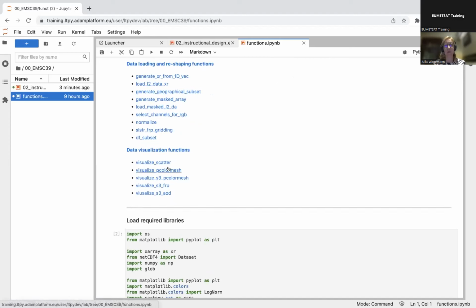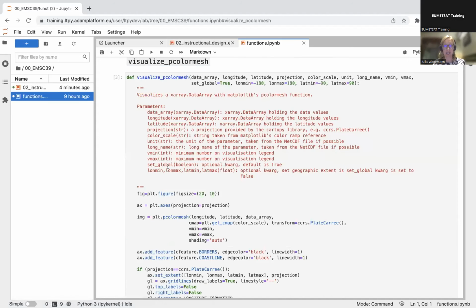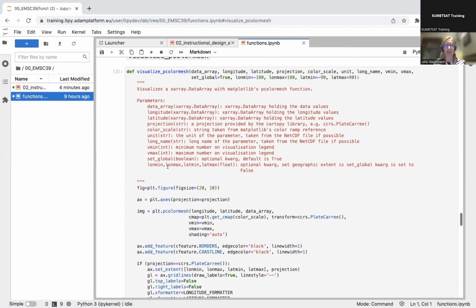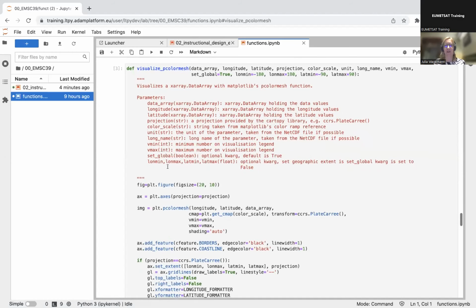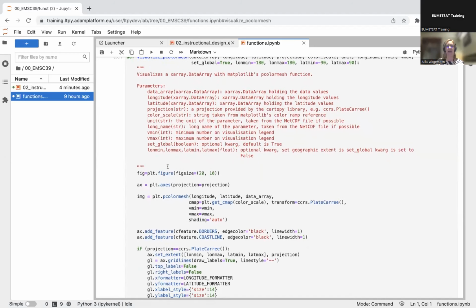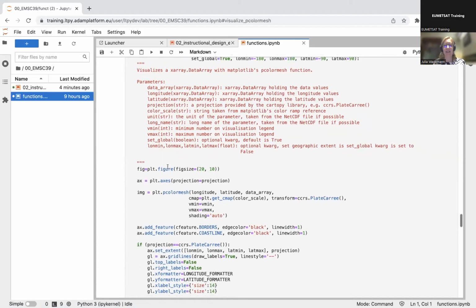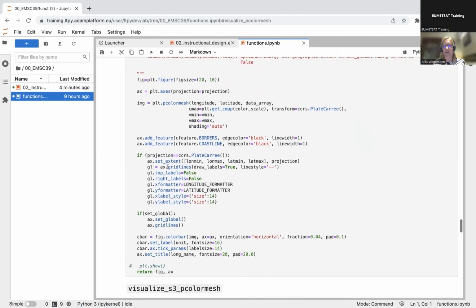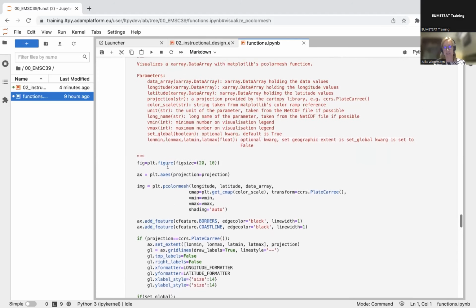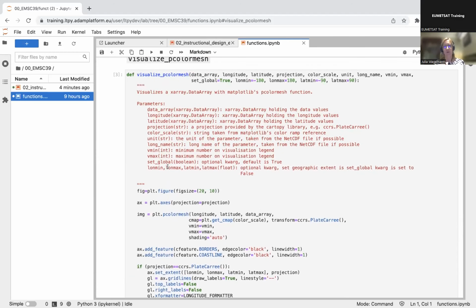The function we mostly use, for quite a high percentage of the data sets, probably 80%, is visualize_pcolormesh. We developed this function by combining matplotlib functionalities with cartopy features, and we made the function as agnostic as possible, so that we can apply it to most of the data the course